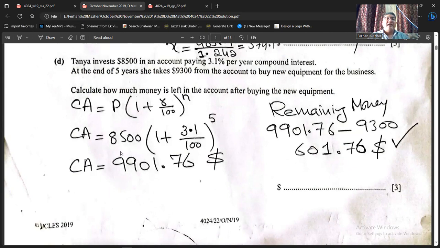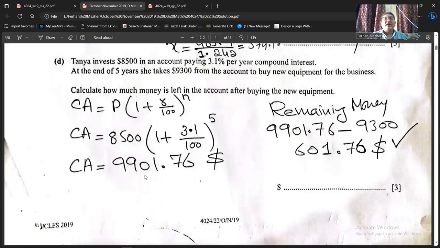In your calculator, you will write 8,500 multiply bracket start 1 plus 3.1 divide 100 bracket close raised to power 5 equals, and you will get